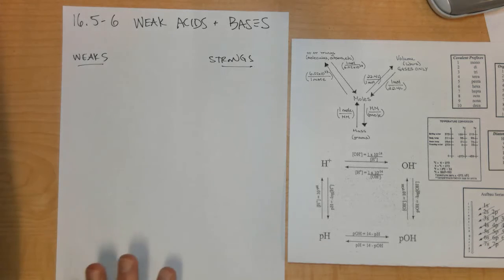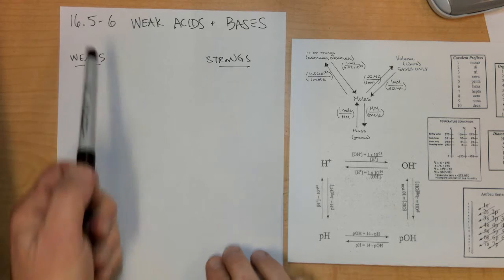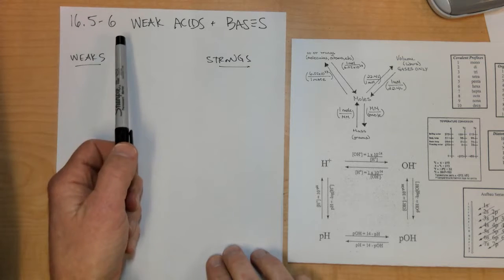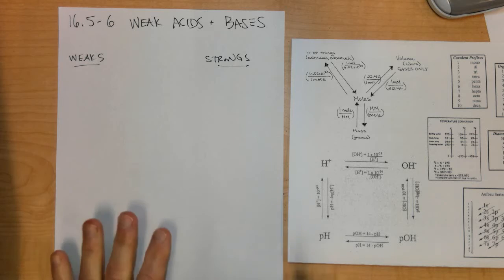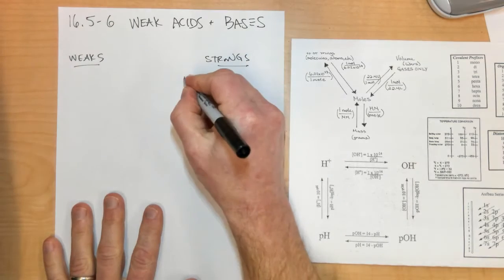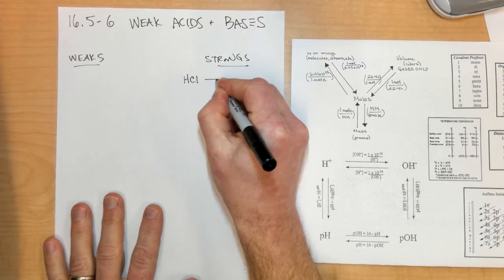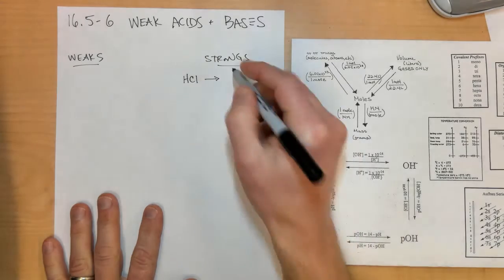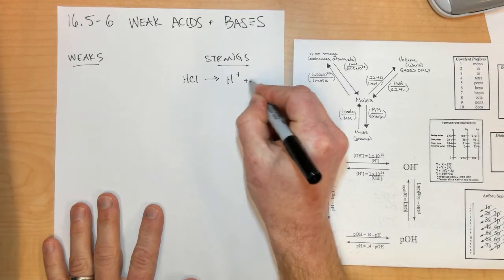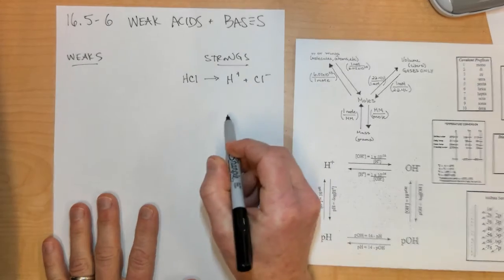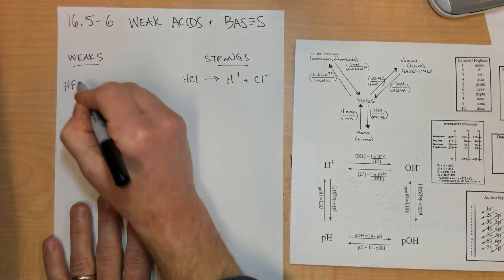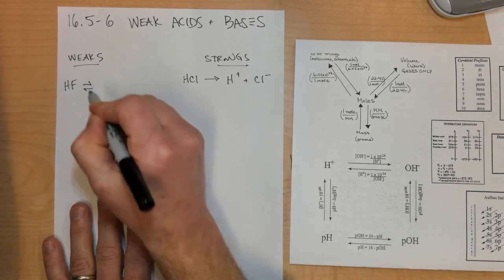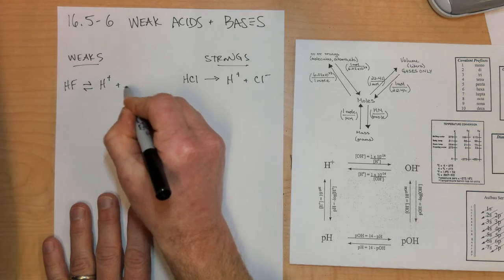Alright, so here we are to talk about weak acids and bases, sections 16.5 and 16.6 of your textbook. So far we've learned about strong acids and strong bases. For example, HCl is a strong acid which completely dissociates to become H+ and Cl-. And weak acids, an example of that would be hydrofluoric acid, which would partially dissociate to become H+